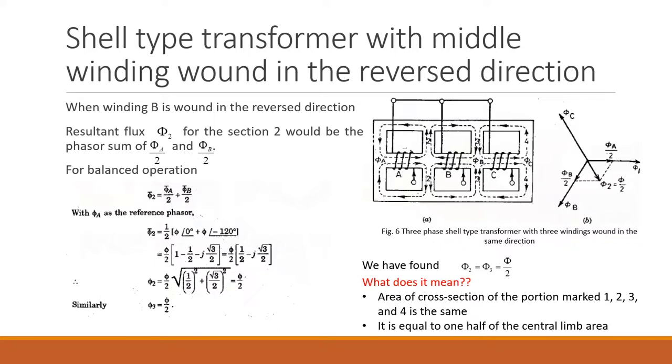This could be one probable question which might be asked by the examiner. They may give you this type of construction and ask in which construction you are going to obtain the lower cost of the transformer. So that could be one of